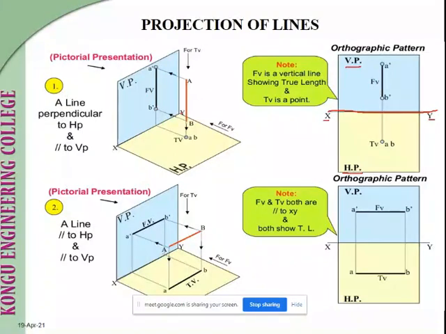So in the diagram appadi nam enna pananum inga replica kondu varanum. That means you have to rotate this horizontal plane 90 degrees clockwise. Okay, so if you are rotating this plane 90 degrees clockwise, above the reference line we will have the front view, and below the reference line we will have the top view. So front view is this. So you can mark a vertical line because it is perpendicular to HP, and you can mark it as A dash and B dash.